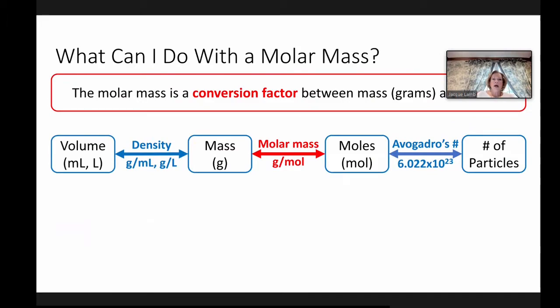So what can you do with molar mass? Molar mass is a conversion factor between grams and moles. For the most part, I'll tell students when you're given a problem in chemistry, if you're given a mass, the very first thing you should do is convert that mass to numbers of moles. That's the very first thing you should do. Even if you have no idea right off the bat of how to approach the problem, that's something that you can do as a start.